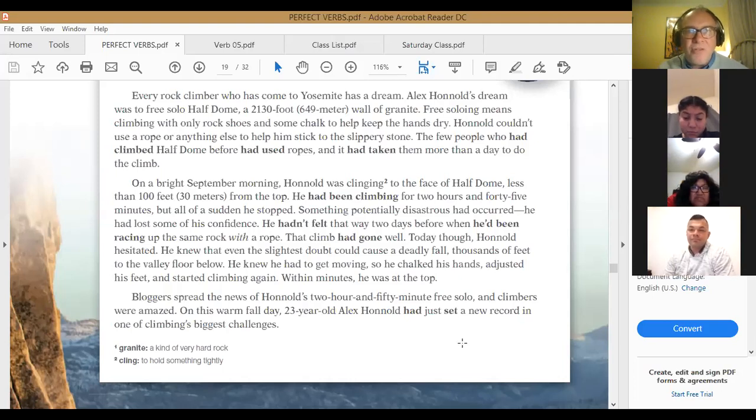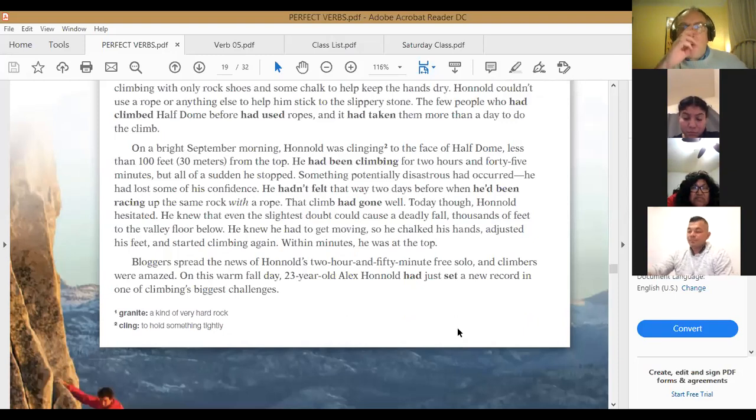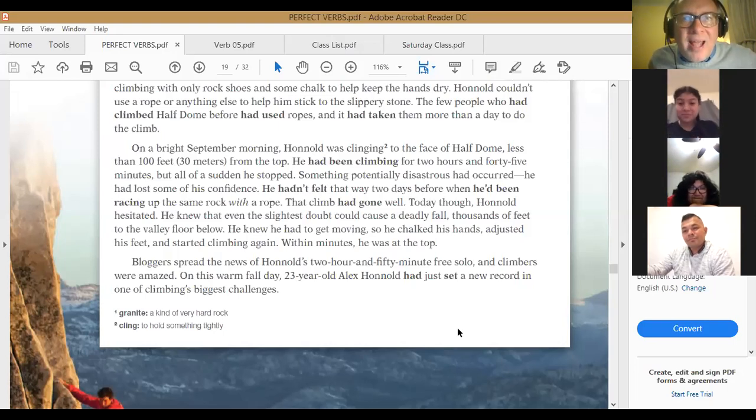Bloggers spread the news of Honnold's 2 hour and 45-minute free solo, and the climbers were amazed. 2 hours and 45 minutes to get up to the top of that rock. My goodness. On this warm fall day, 23-year-old Alex Honnold had just set a new record in one of climbing's